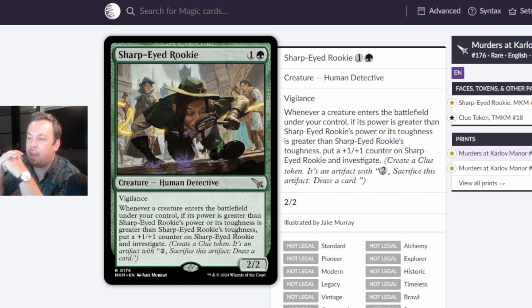Sharp-Eyed Rookie, 2 mana, creature, human detective, rare, vigilance. Whenever a creature enters the battlefield under your control, if its power is greater than this creature's power or its toughness, then put a +1/+1 counter on Sharp-Eyed Rookie and investigate, which means make a clue. My God, this can go in an artifacts deck. This is just an epic card. I think it's going to be...